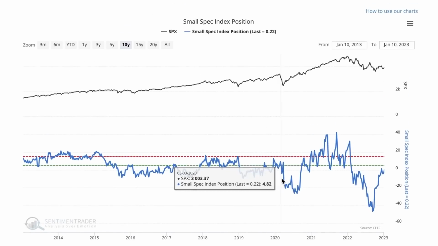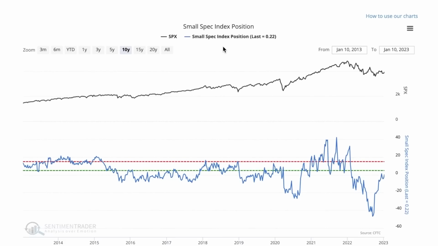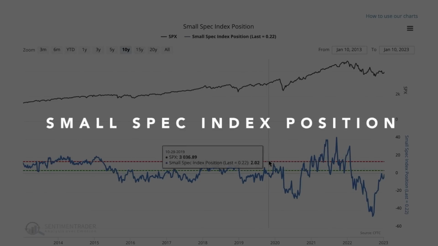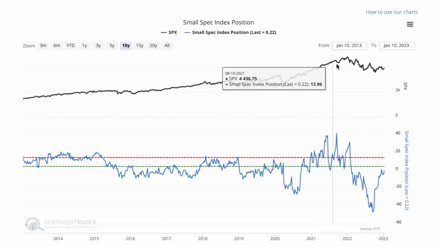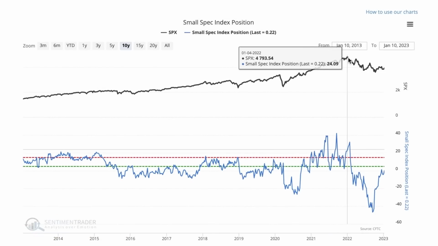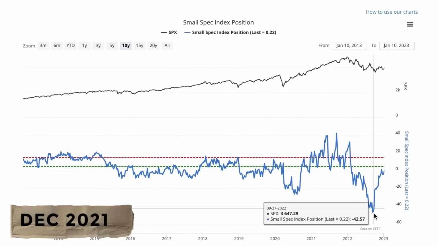Now let's first think about what dumb money is. One quick example of what dumb money can look like are the small speculators. They often go with the trend, meaning they're typically all in at the top. You can see here small speculators. Towards the end of 2021, it's quite interesting. They were betting long right here in December of 2021, right before the big drop in the market.